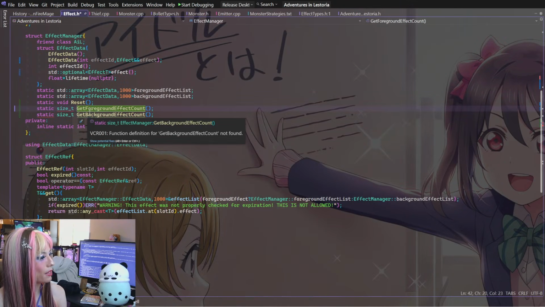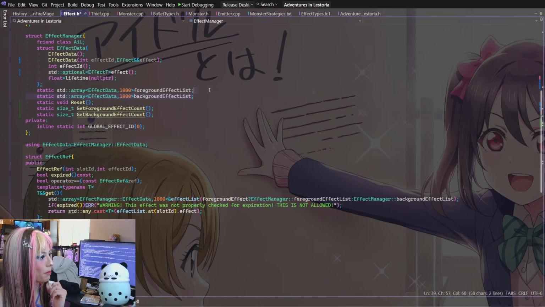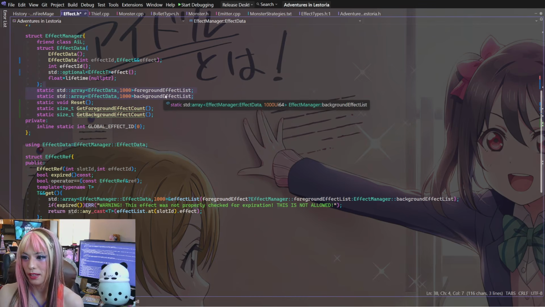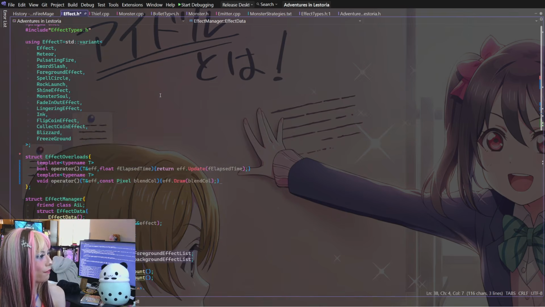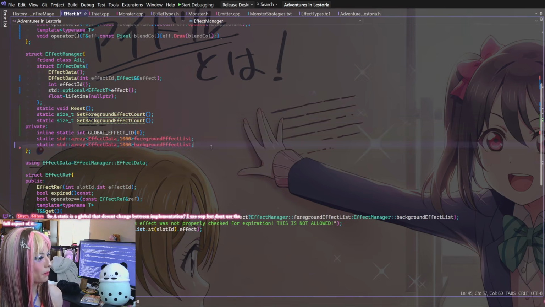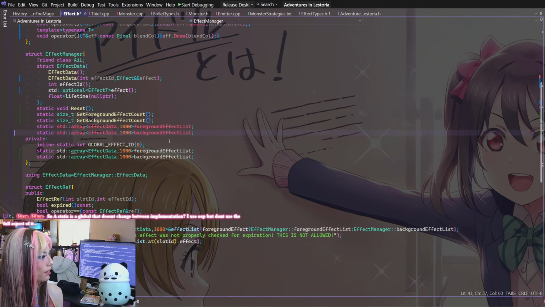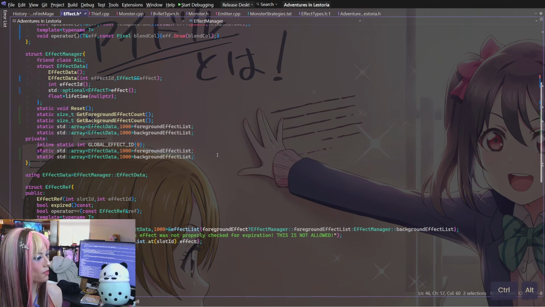Which tells me that I really don't know if I want to make these publicly exposable. Like, the only way we should be adding effects to the list is via the add effect function. So I think if we make these private, let's just make public getters for these. I would feel a lot more safe about that, because then I can control internally what these effect counts are